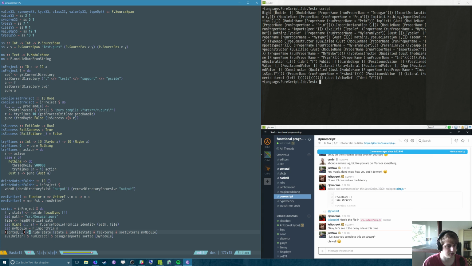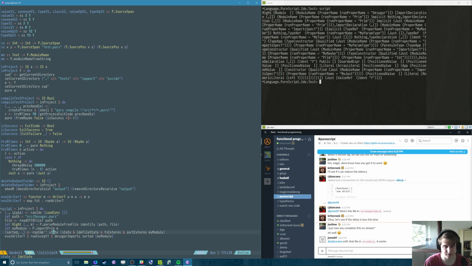So maybe I should just call that run IDE tick. I'll find a better name for this. I'll extract this into a module which is explicitly meant to be used from GHCI, which is the interactive REPL for Haskell, or GHC in particular, which is the compiler. So I add the import to the prim module, which holds definitions for stuff like int or array or string, and then